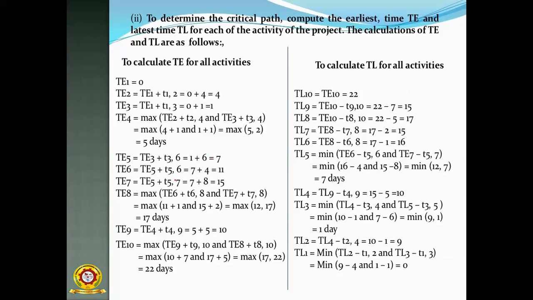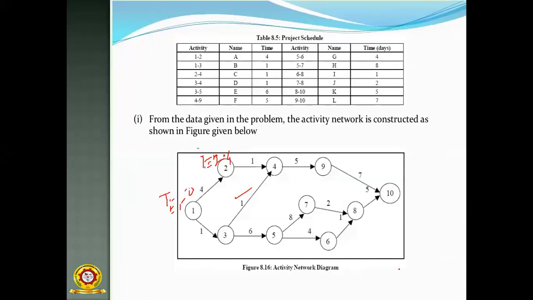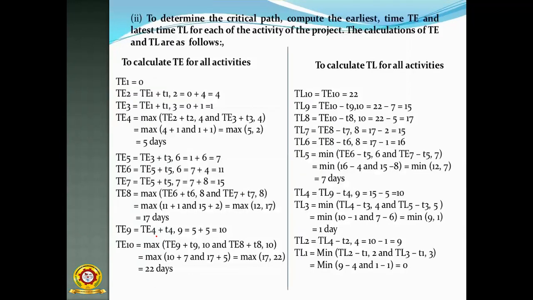Then finally you are getting the answer 22, because you have to remember this. Up to this, what is the value? 4 plus 1 plus 5 plus 7. So 5 plus 5, 10 plus 7, 17 actually. Like this, you have to calculate each and every one. Then don't focus on anything.